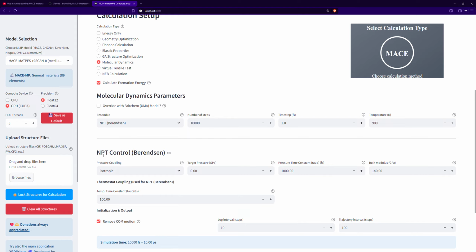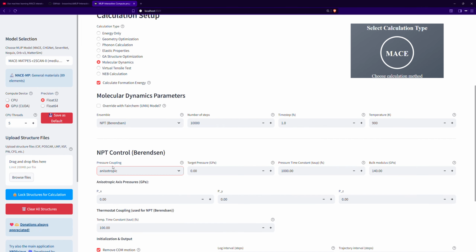I can modify the NPT control, so the isotropic. I can choose if I want isotropic coupling, so each lattice parameter will change with the same ratio basically. Or I can also modify it to have it as anisotropic, and for each lattice direction